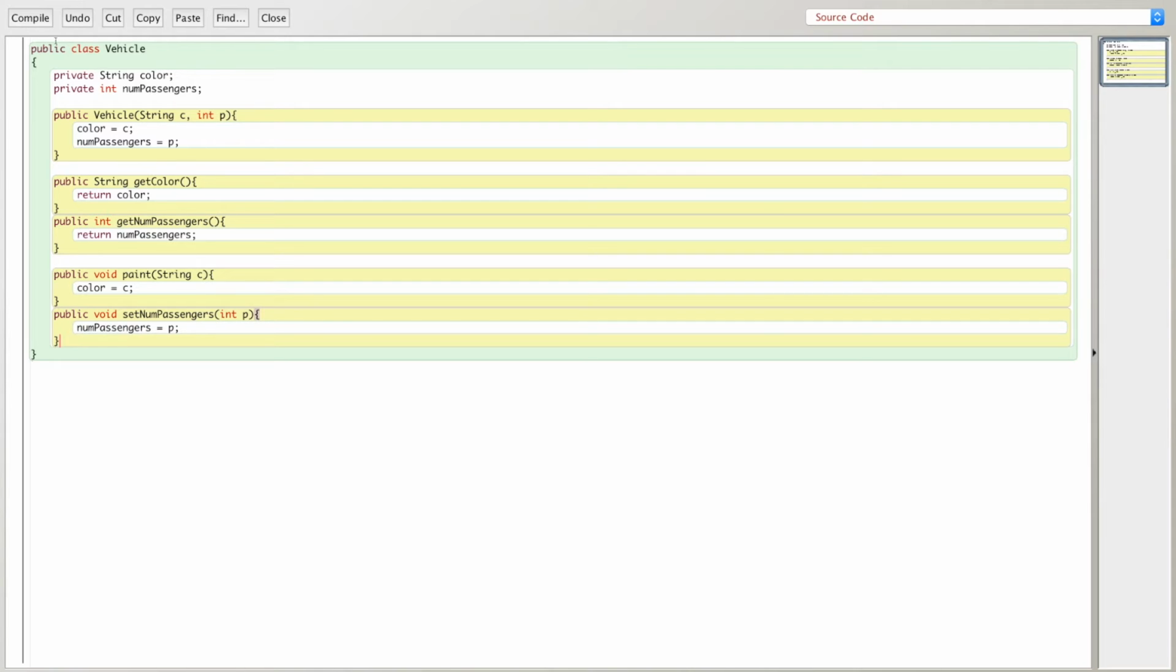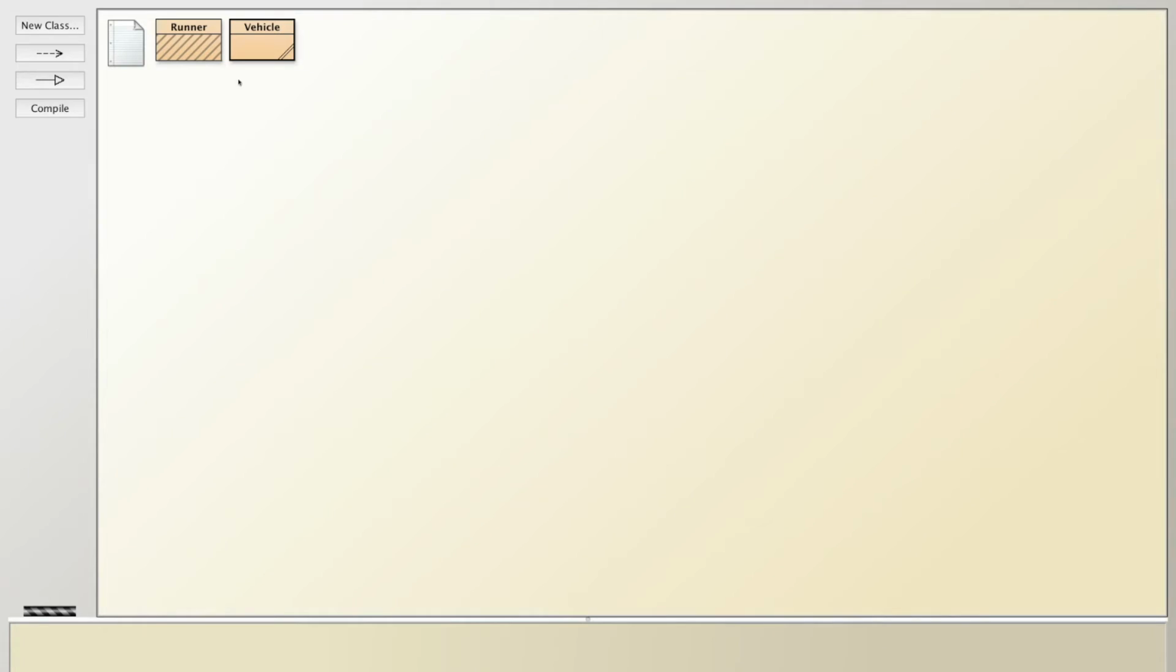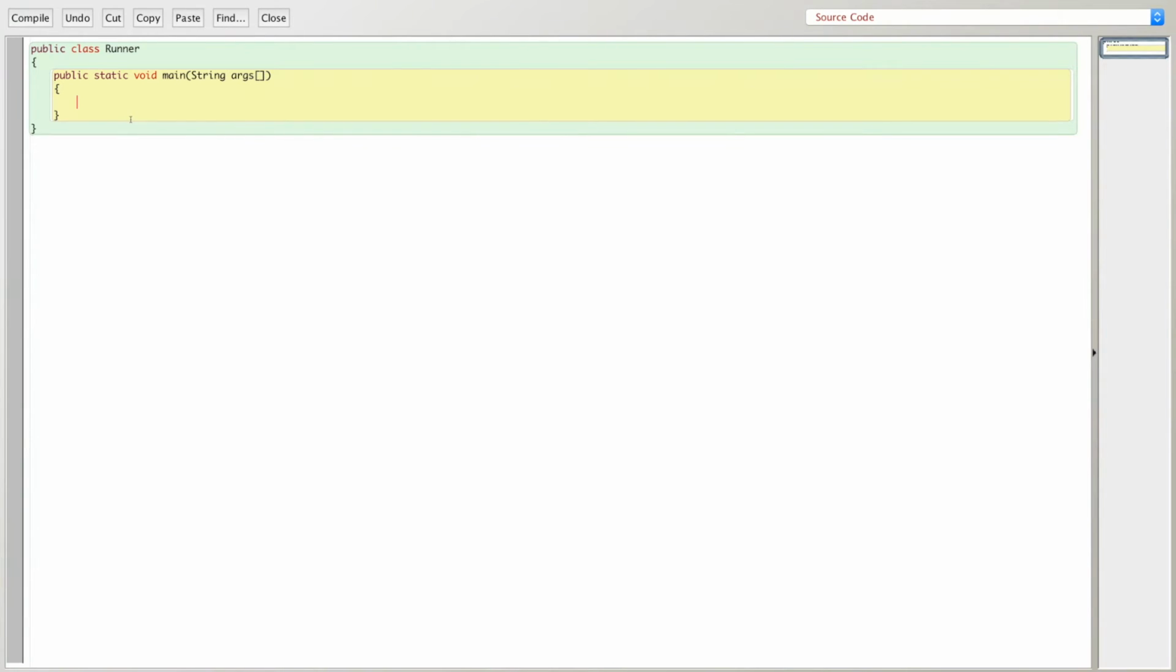Now you'll see that because these methods are all public, we can access them from the main method, which I'll show you in a second. And the private keyword here means that only these methods can use those variables, which just cleans everything up a little bit. So now we're going to go back to the runner class with my main method,